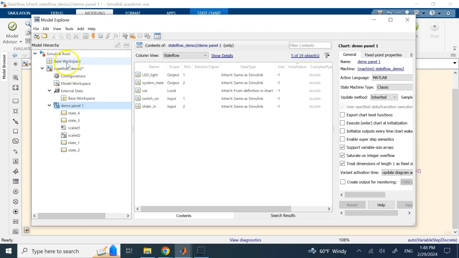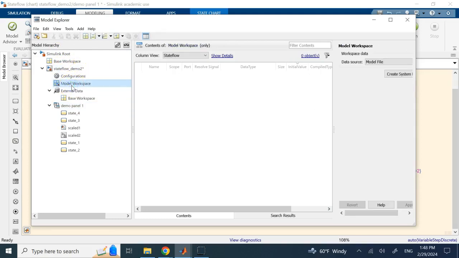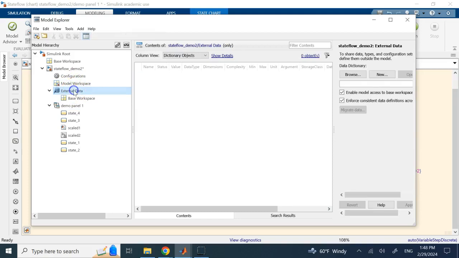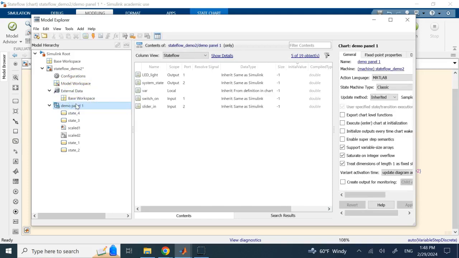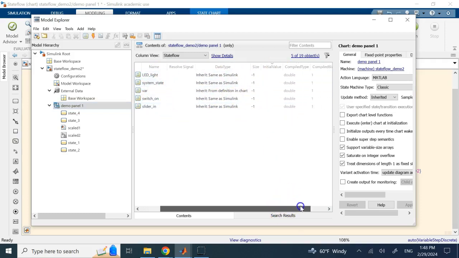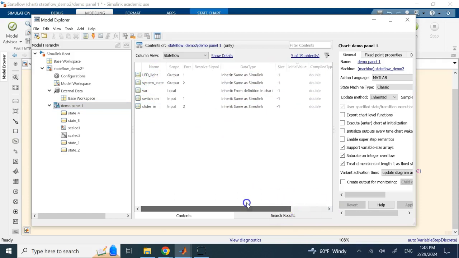So if you go here under Stateflow Demo 2, which is the total file, you can set the configurations, you can look at the model workspace if there is anything, and you can look at if there is any external data, which I don't have. Go under Demo Panel. Under Demo Panel, you see that I have these variables. It shows what kind of variable they are, their type, their size, and so on. So it's basically like a workspace for your